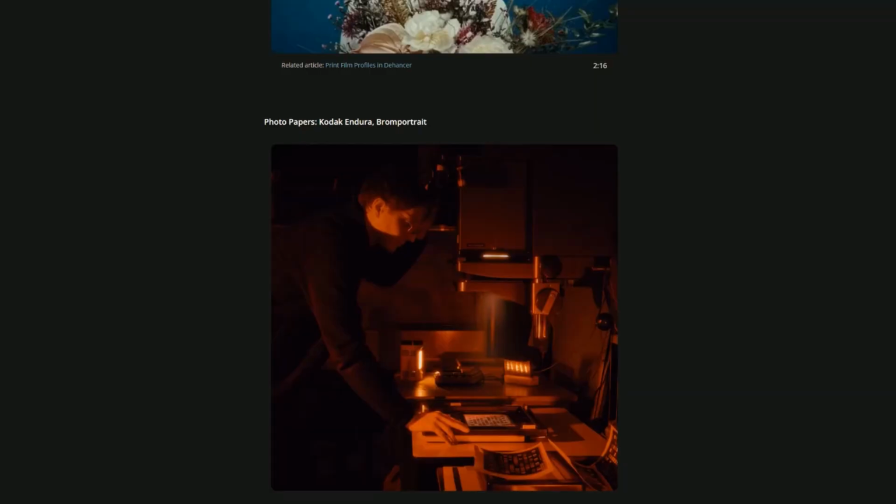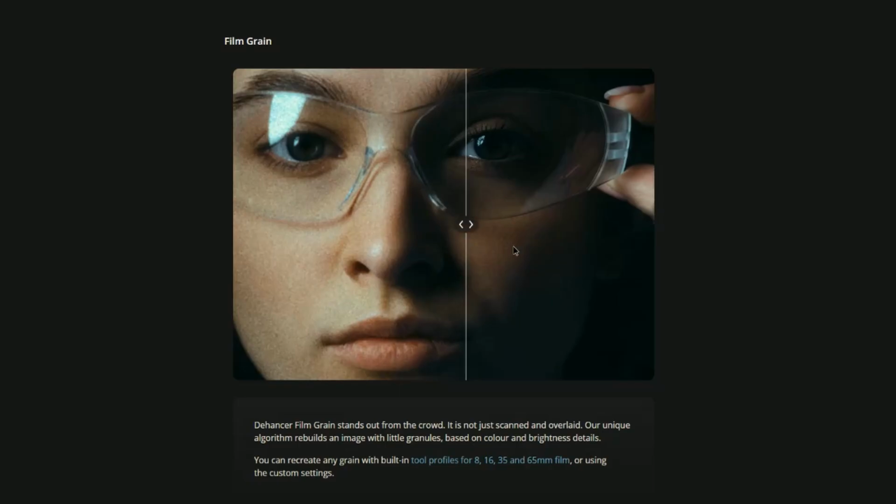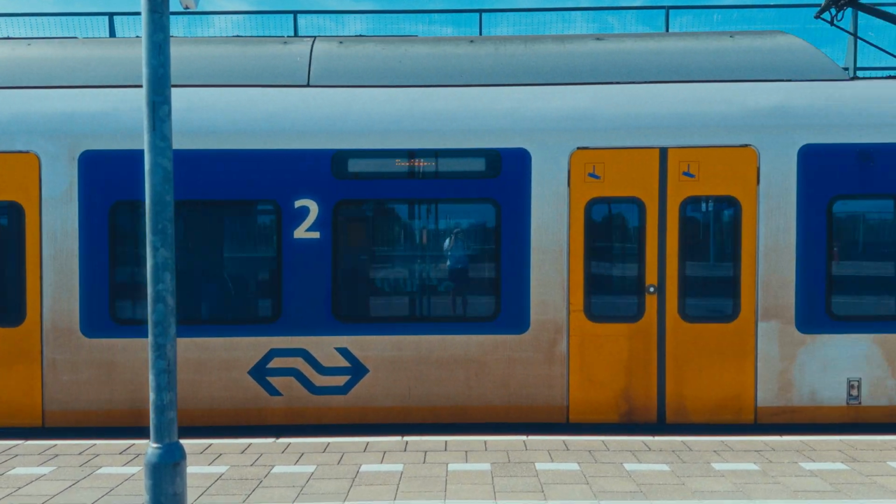They use a really interesting analog approach, which comes from actual analog film development, to editing digital image and video. Their software has a lot of film-like features, including over 60 film profiles, really good grain, bloom, halation, and a ton of other effects. Working with it for the last month, it's been really cool to get into everything and learn about the actual film processes that are behind everything and the science behind why physical film looks the way it does. I've been using their Pro OFX video plugin for DaVinci Resolve,